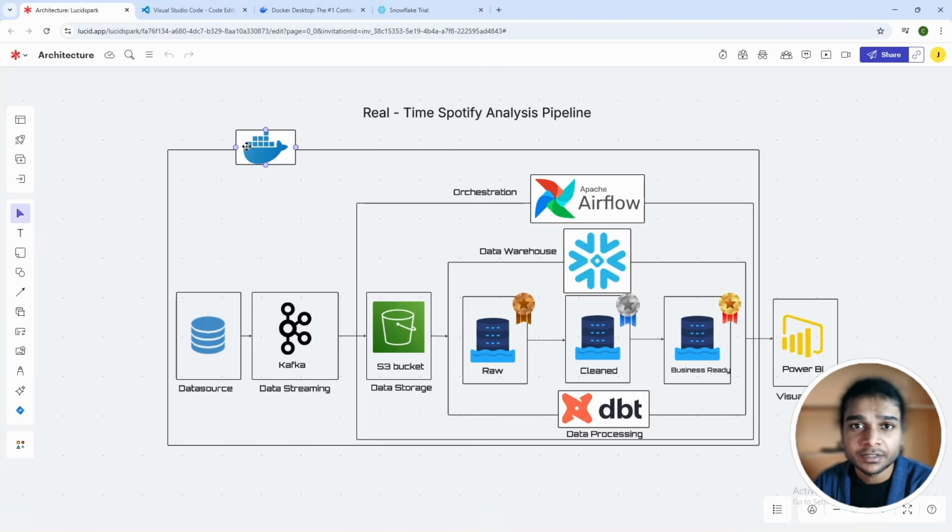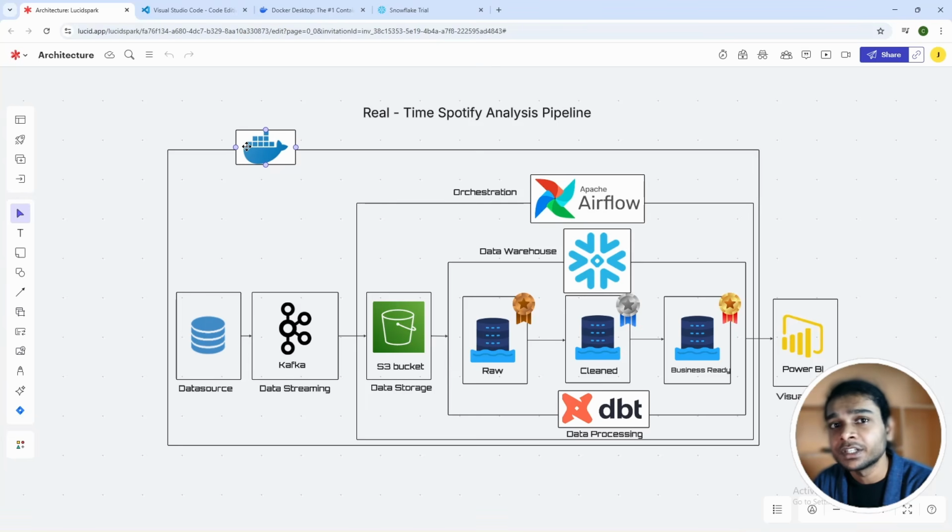This final business-ready data, which is stored in the gold table, will then be connected to Power BI. So we connect Power BI to Snowflake using the direct query method, not the import method, because we want to make this project real time. We are going to use the direct query method, which means if the data in the source changes, the visual also changes. But if you use import, it just downloads the static data from Snowflake, and the visuals won't change at all